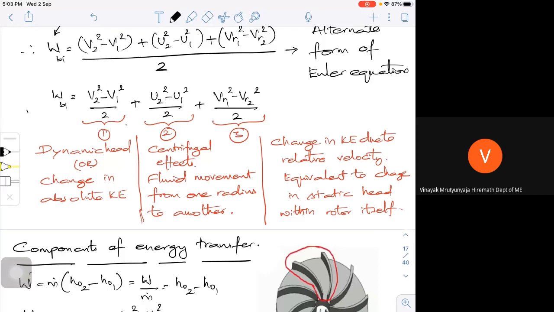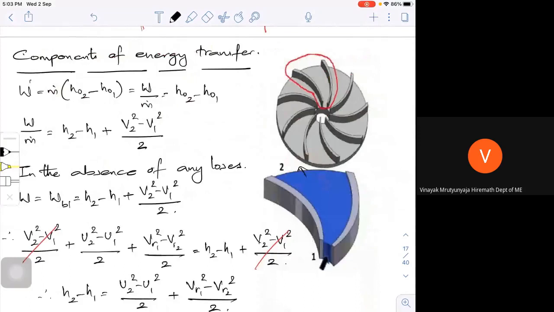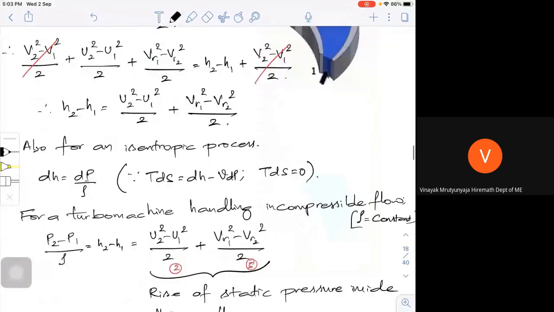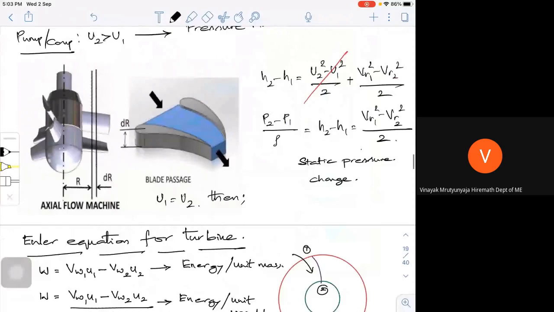Is that clear? Now, what I have done is, maybe in the next part of your notes, I have what these components of energy transfer are, and how those two components are static rise. So I have written 2 pages in detail. So just go through this. What I will do is try to explain this.